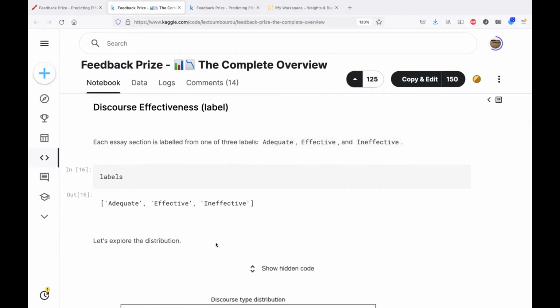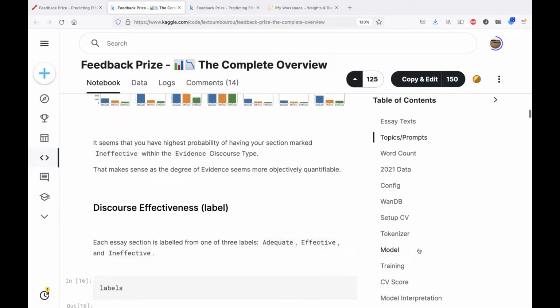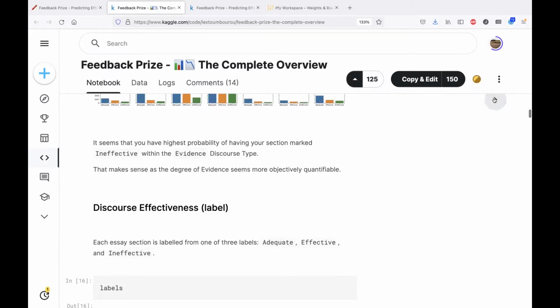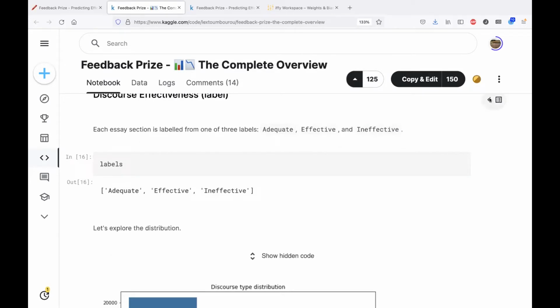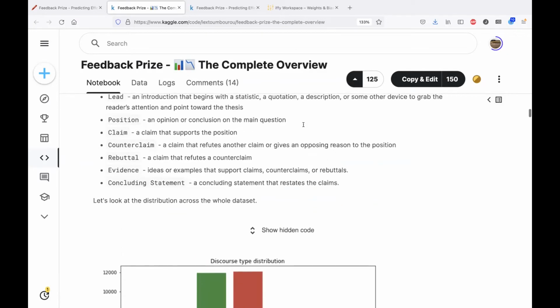And then he also includes his training, I believe, as well as CV, like validation. And actually, one of the new things that's included in this notebook is that he uses